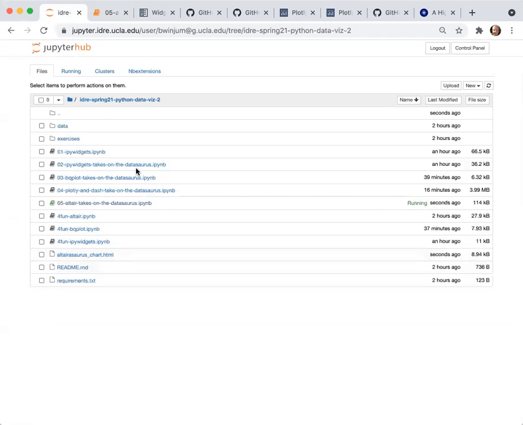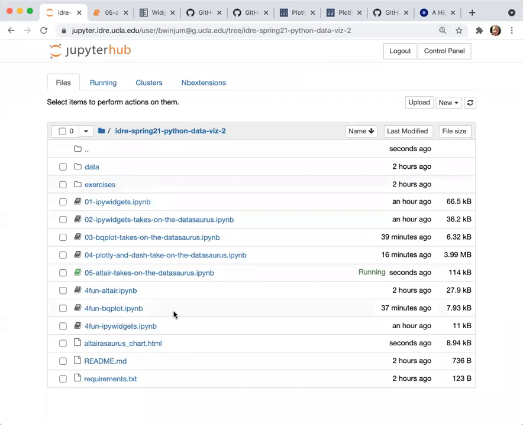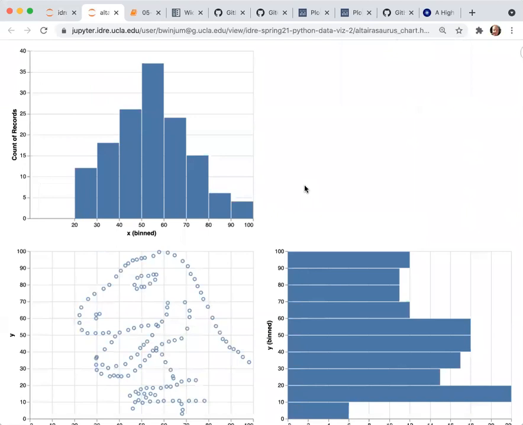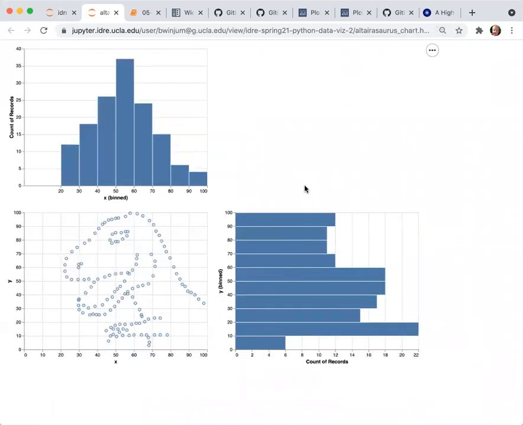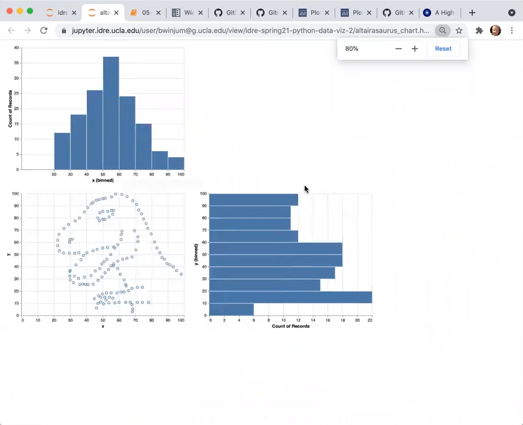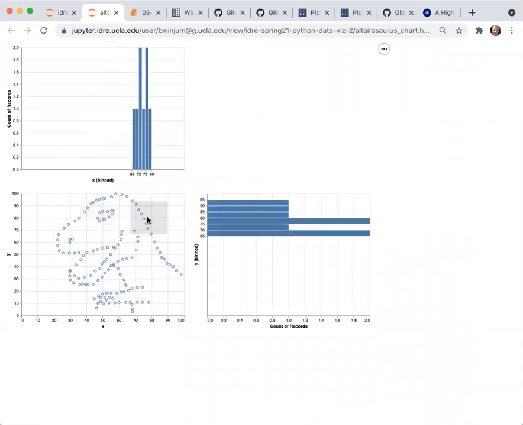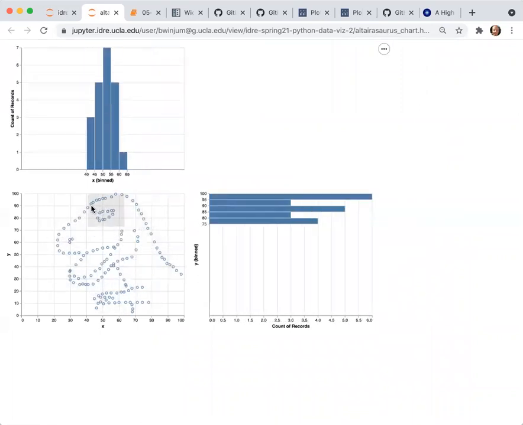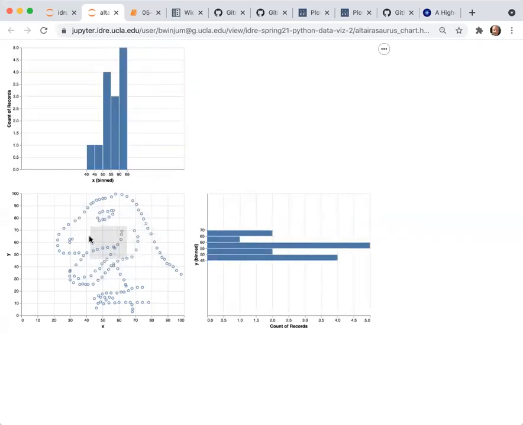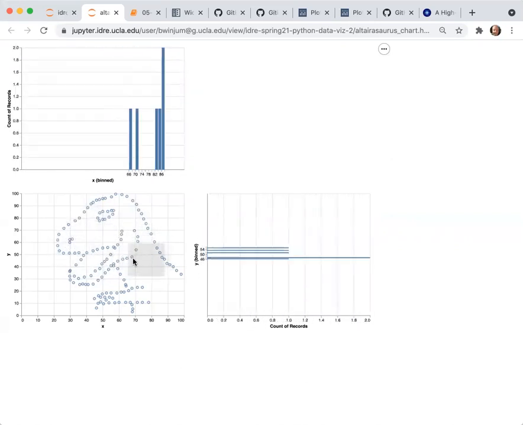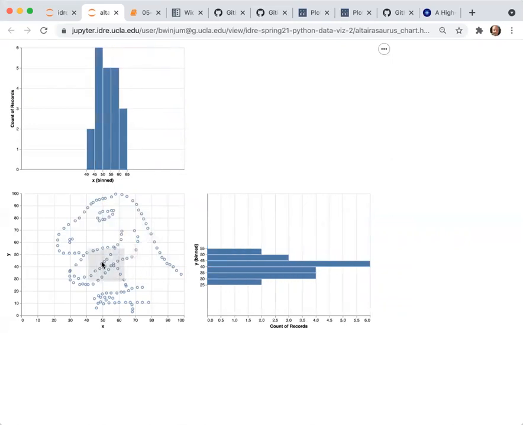And if I come back to my files here, altosaurus_chart.html. If I click on that, it's going to open up a tab. This now is just an HTML page. There's no link here with the kernel for Python on the back end, but I can still have my selection and I can drag it around. That's because it's translated what I did with Python inside of the notebook into something which is tied in with Vega and Vega-Lite and the JSON file.